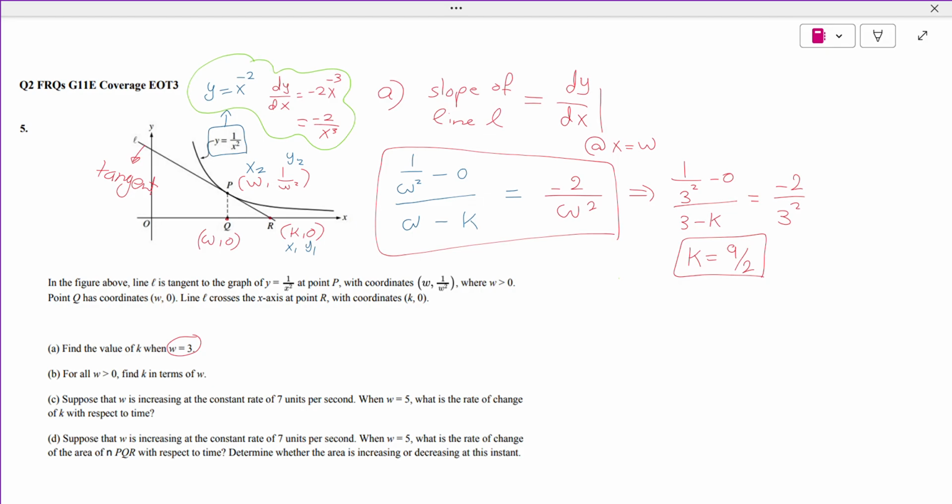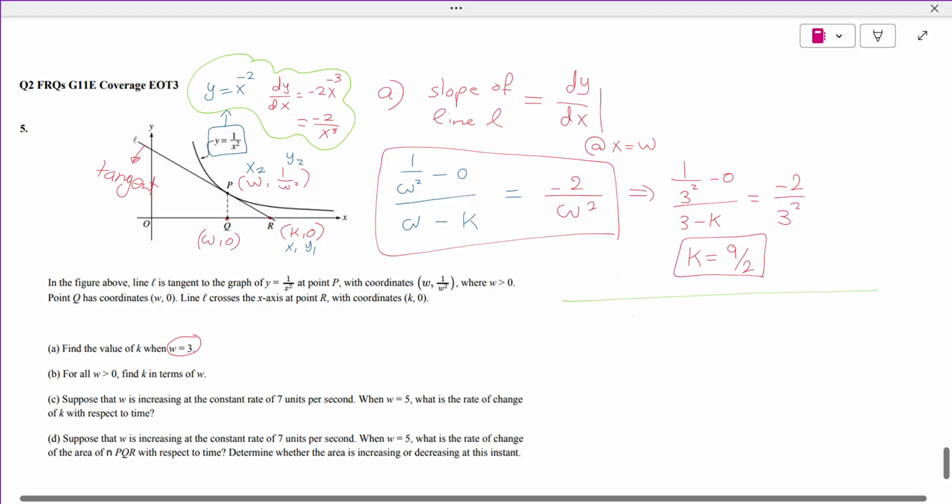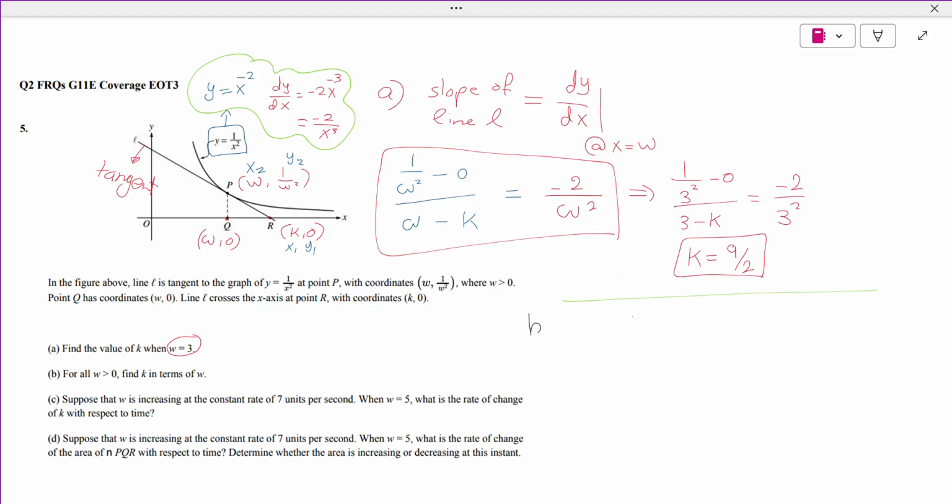Okay, so part B, for all w bigger than 0, find k in terms of w. We want to find a relation between w and k. Okay, we will use what we found in part A. So let's try to isolate k, because we need to find k in terms of w. So we've got 1 over w squared minus 0, I'm not going to write it, over w minus k equals minus 2 over